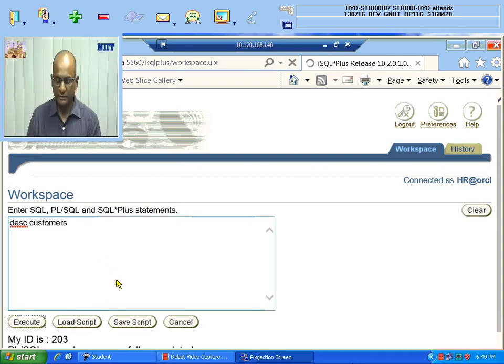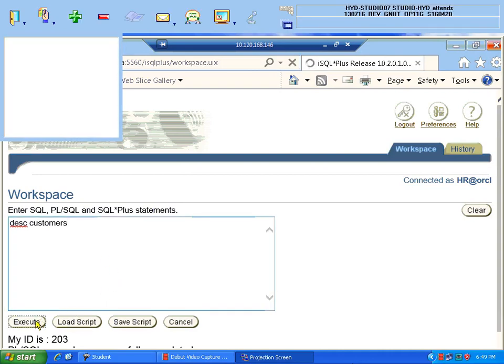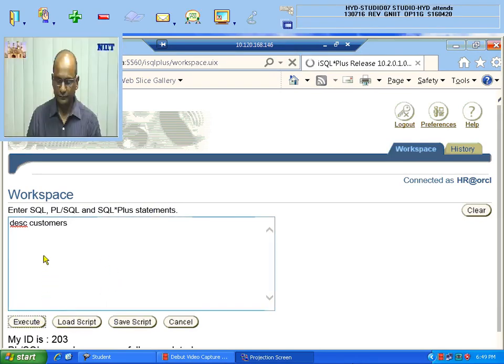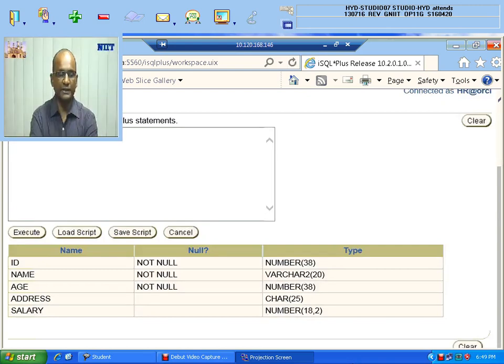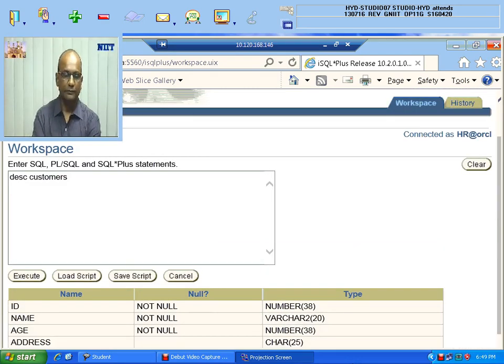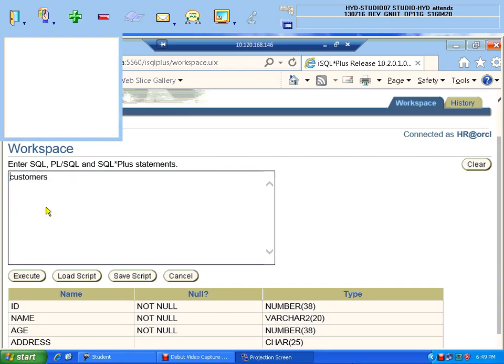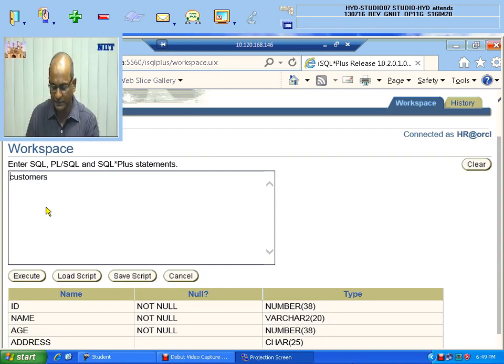I retrieve the customers table here. There is a table customers and you can find the data types here. In case I want to take the data from the customers table into a variable, same as the previous example,